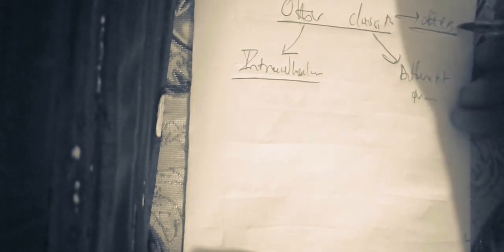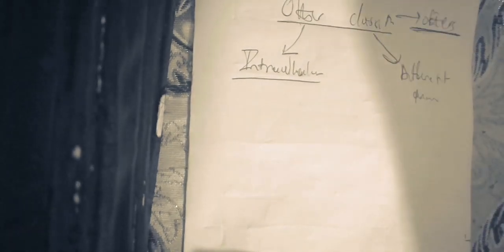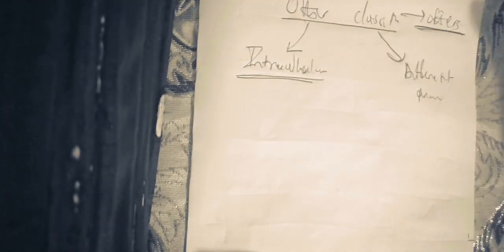Now, under the other classification, we said that we have the intracellular cells. We had also the different morphology, and then we have others. Basically, these others are the ones that I don't even know. Now, under the intracellular classification, the first type of microorganism that is there,